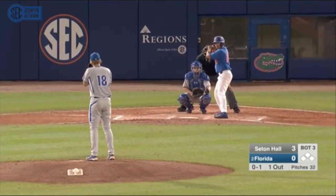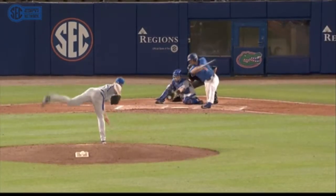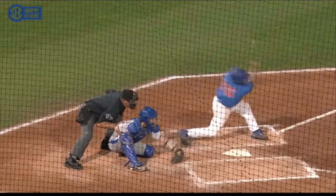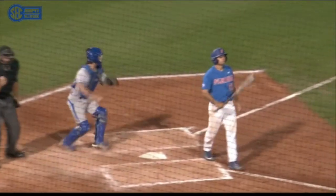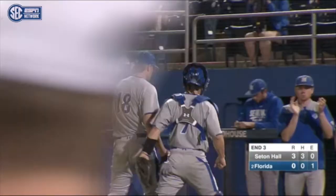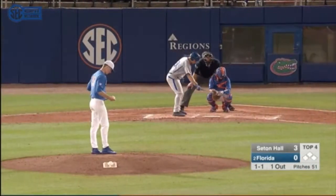Connor Hood at third base takes a couple steps in. Great spot by Dana there. Change up low and away. We've seen it now a couple times to right-handers. Just real effective pitch for him right now. Second time he got him on the changeup this game. I don't think Seton Hall